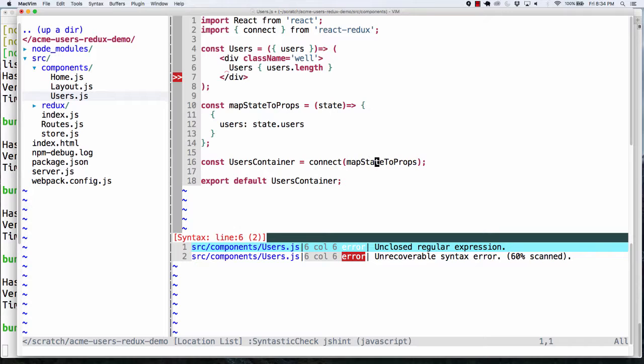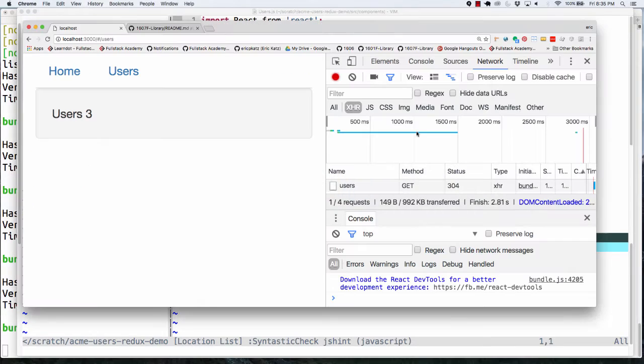And now you could go over here, and you basically have to call this function with your component. Okay? This gives you a container. You're connecting your container. I mean, again, under the hood, it's not all that magical. What it's doing is it's going to pass to you as a property what you've requested from the state. And you're going to end up getting passed in users. And more critically, when your store changes, okay, you're going to get passed the new collection of users. Okay? So what should end up happening here, if there's no errors,